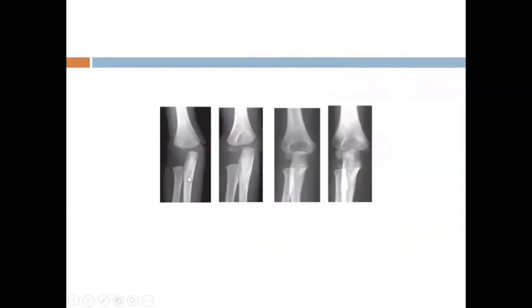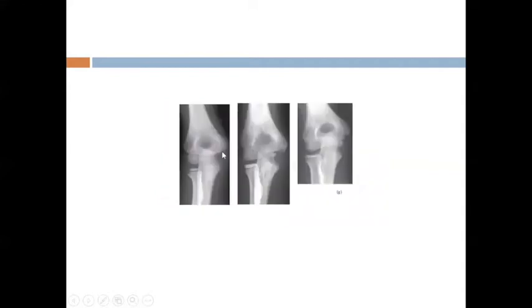Here, this is an X-ray of age below 1. Here we can see C, capitulum. Second one is the radial head. It is at the age of 3 to 4. And then the next one is trochlea. Then the next one is medial epicondyle. The next thing is the olecranon process, and the last one is the lateral epicondyle. This is the order, CRITOE. The ossification starts from 1 and ends at 11 to 12.